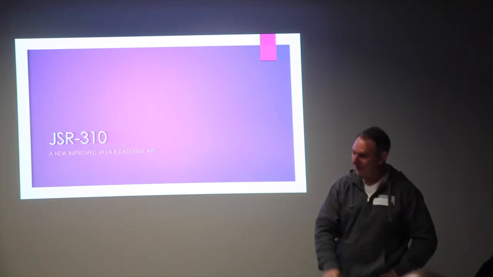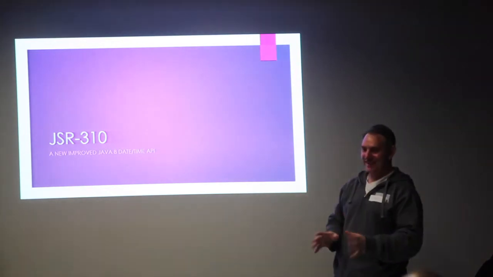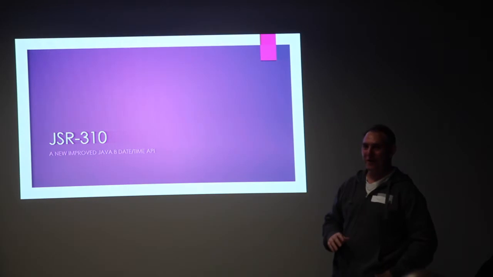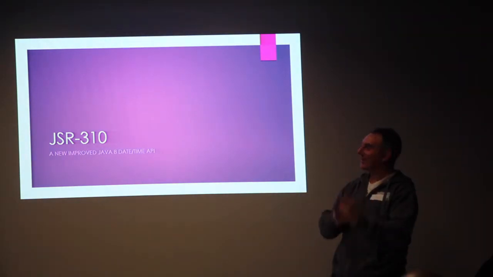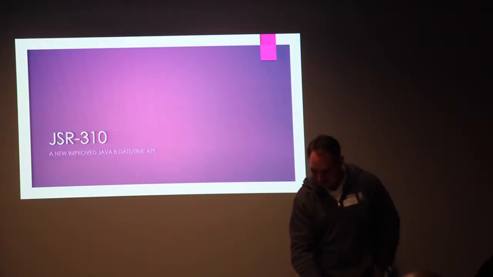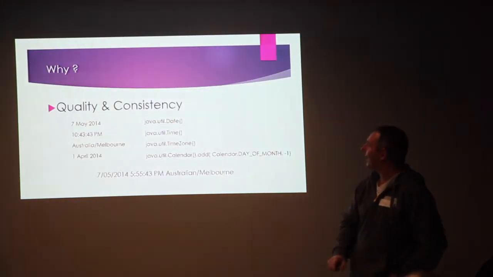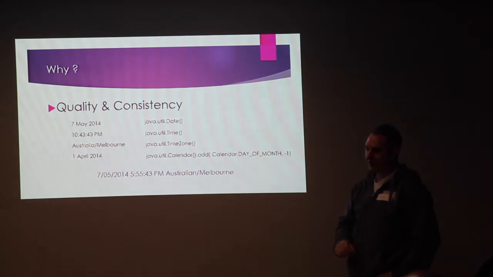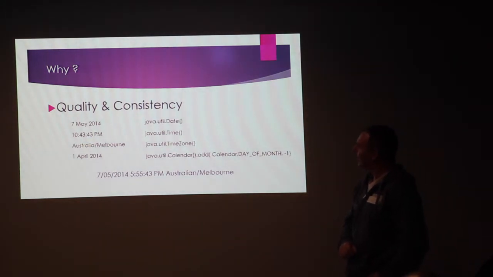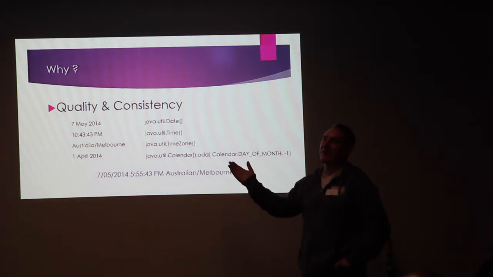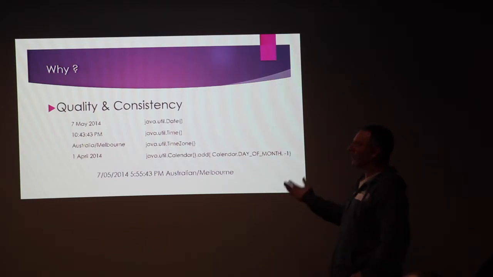So this is not an exhaustive talk. I've got 10 minutes, so I'm not going to go into how many CPU cycles it takes to do each calculation. This is going to be a high-level overview to try and introduce everyone to the new DateTime API. So the first question is, why do we have a new DateTime API? For some of you it's already obvious, but